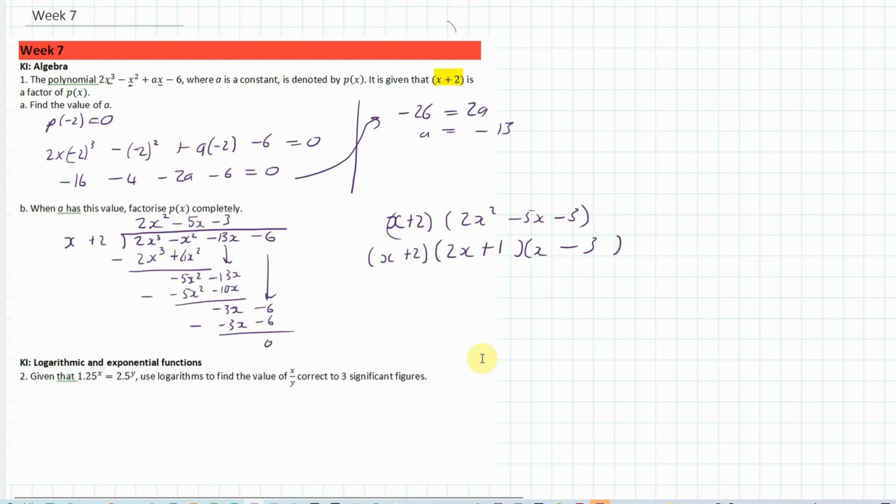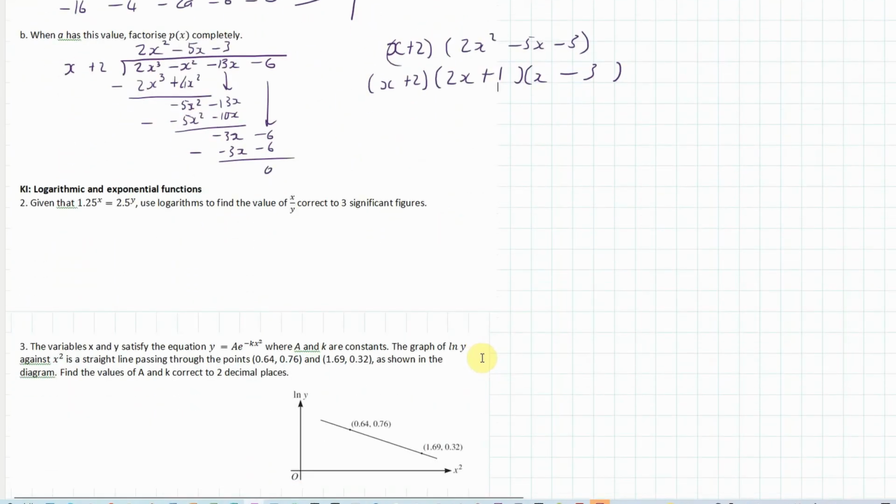Right, now moving on to the next question, which is a logarithmic and exponential functions question from that side of our syllabus. The first thing I would probably do is, what would I do? I will take a log of both sides. So I'm going to go log,